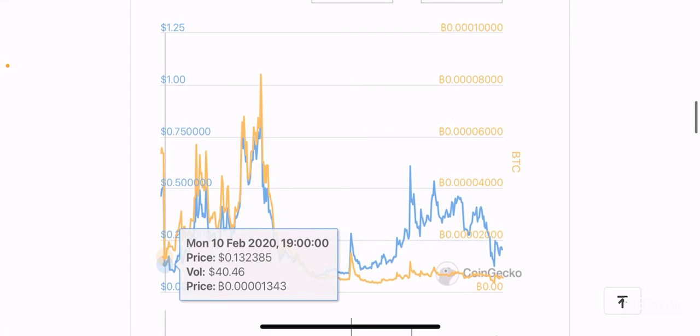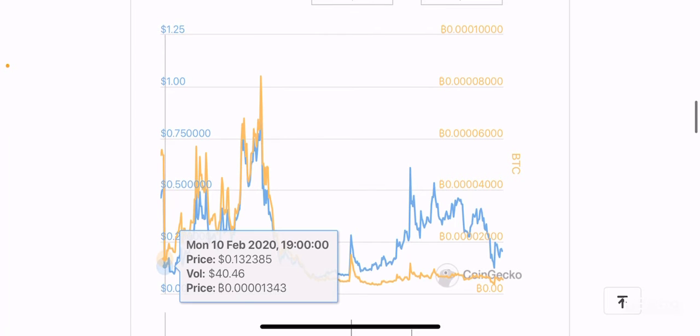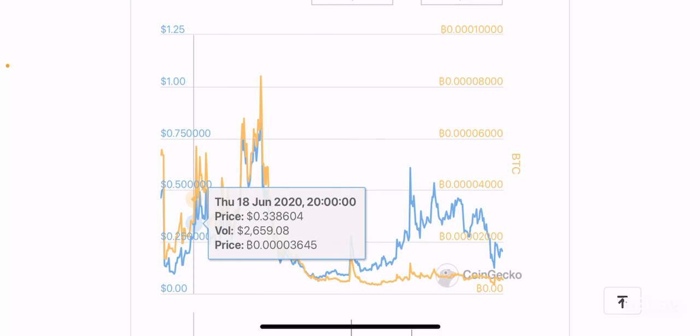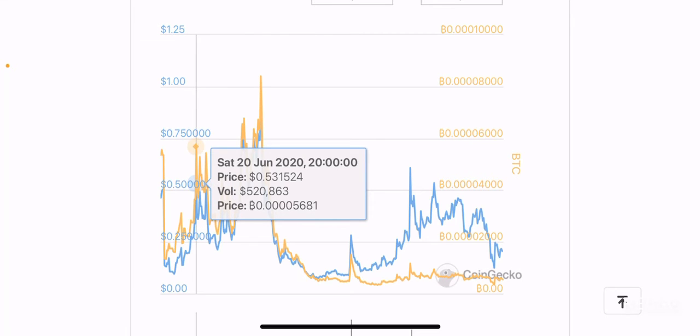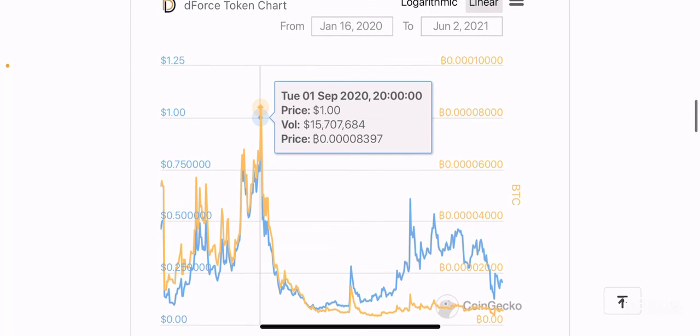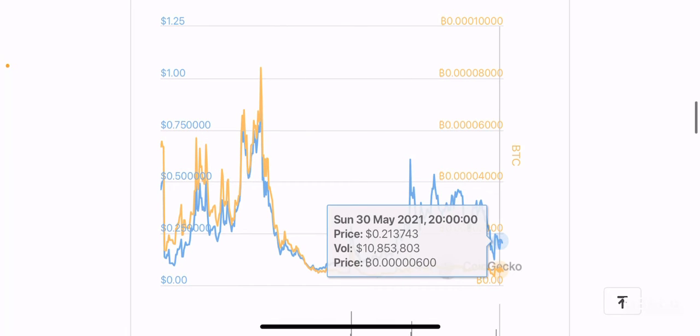But if you see early last year, this token was worth 1300 satoshis, and then it went down, made highs of about 5,600 satoshis before crashing back down again, and making an official all-time high of about 8,300 satoshis, and then crashing back to an all-time low. And now it's at its all-time low, only trading at 600 satoshis